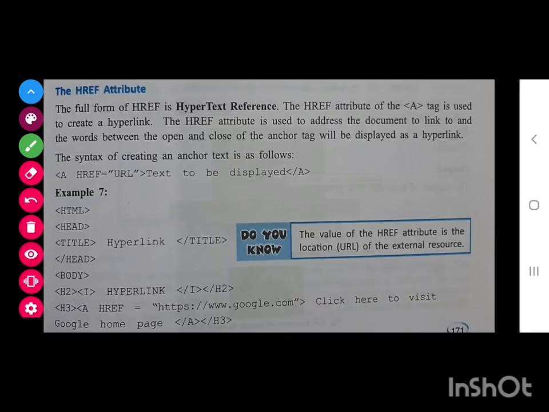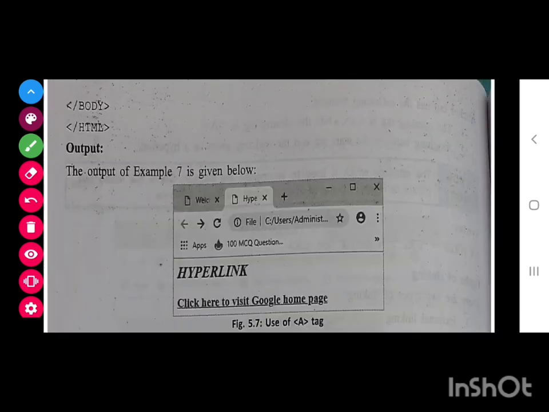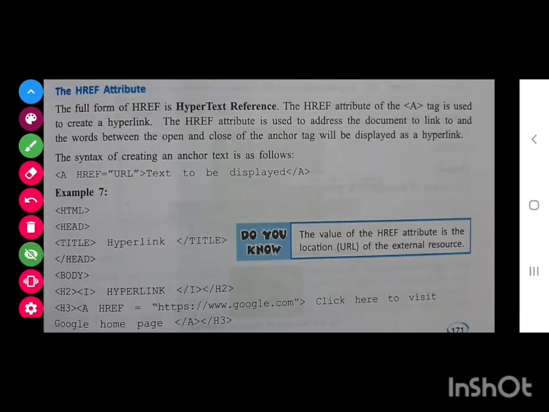Now I have chosen this program to explain to you. In this program, they are connecting your web page to google.com. So this is the address of google.com. Click here to visit the Google home page.